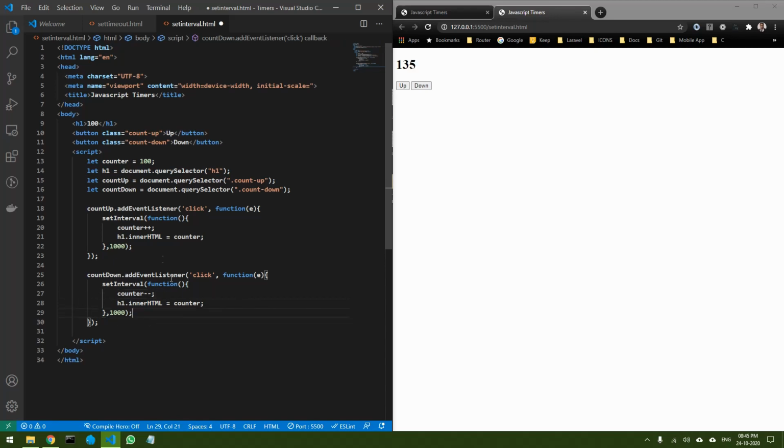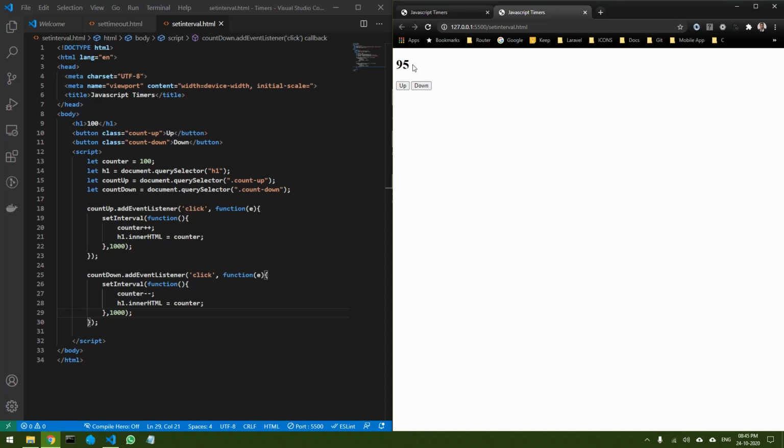Now this will create a problem. Let's see what the problem will be. If I click on down, it counts downwards, but when I click up, you can see what the problem is.